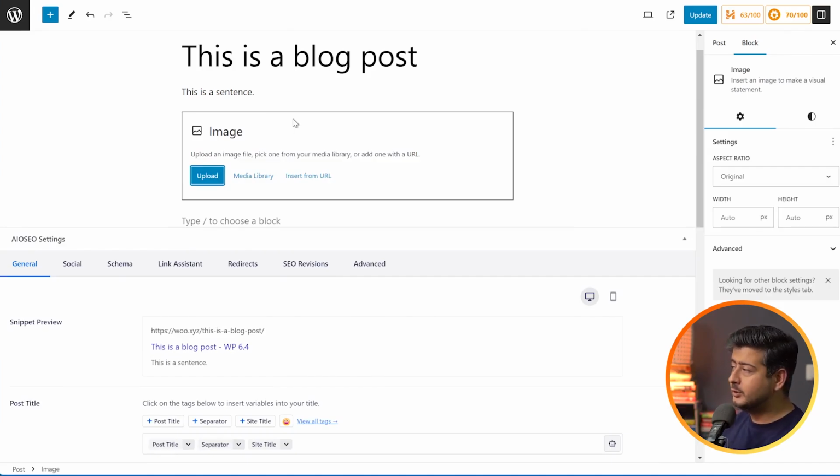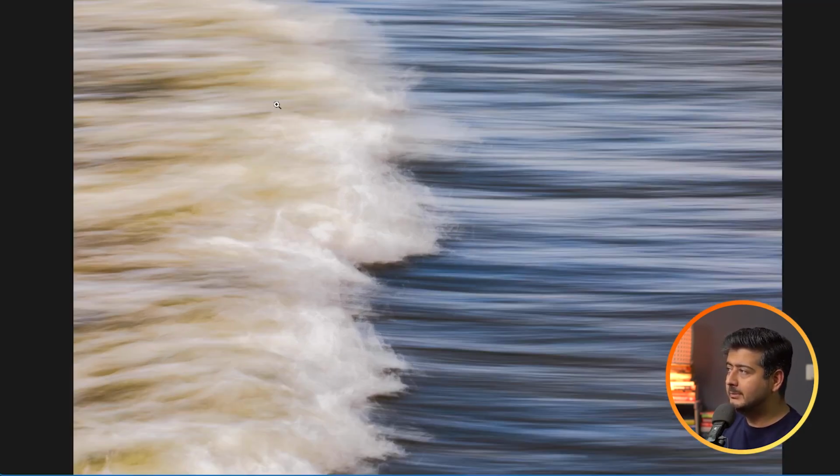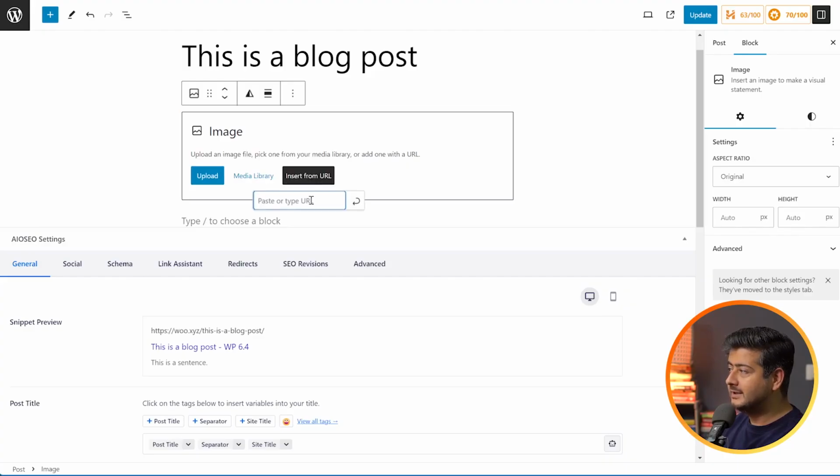But in the image block, you have one option that is very unused, I'd say, insert from URL. So what I did was I went to unsplash.com, which is a source for free images. I found this image, and instead of downloading the image, I actually opened up the image in a new tab, which means the URL is coming from unsplash.com still. Instead of copying the image, I'll copy the URL